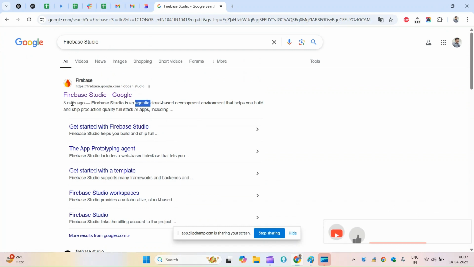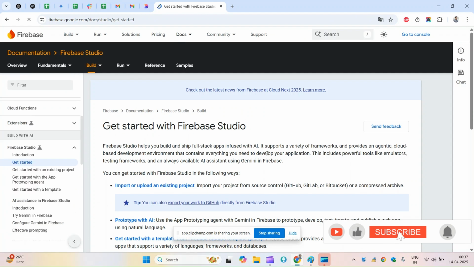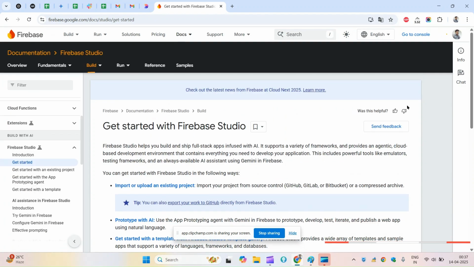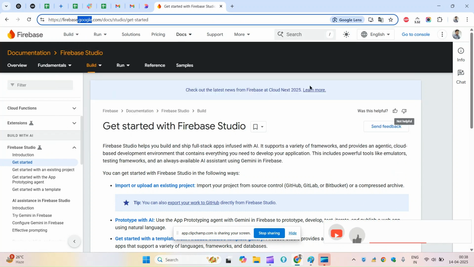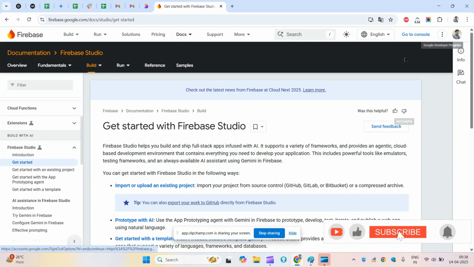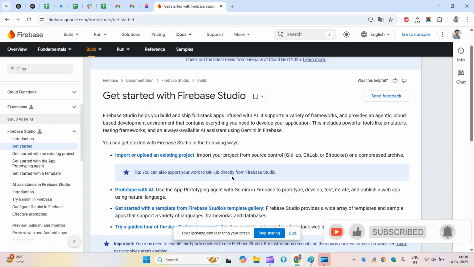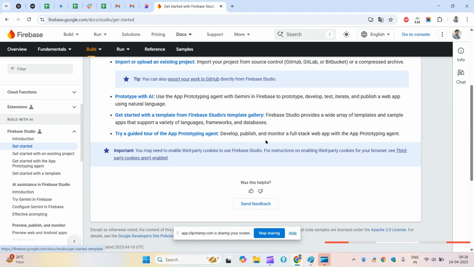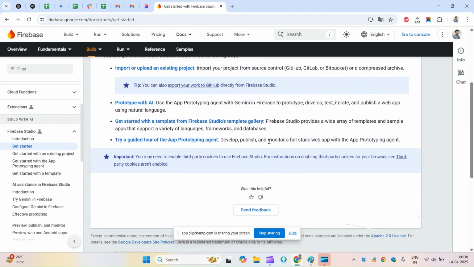Okay, so let's get started and see the demo. You see here it was updated 3 days ago. I will come up here to Getting Started with Studio. First thing, you don't have to worry about the sign up and sign in process, because it's a Google product, it will work fine with your normal Gmail account. Then after coming to this page, you can see here